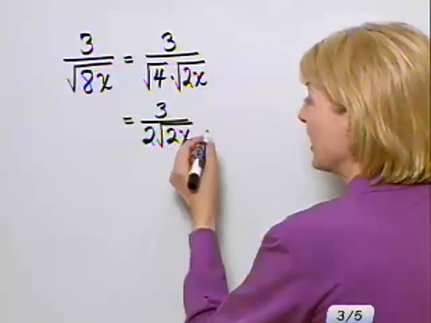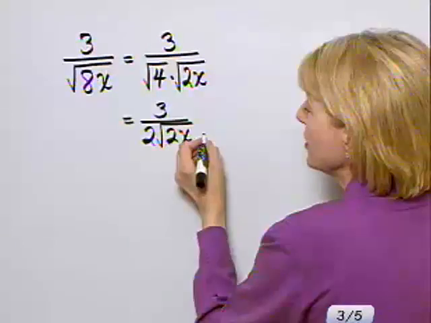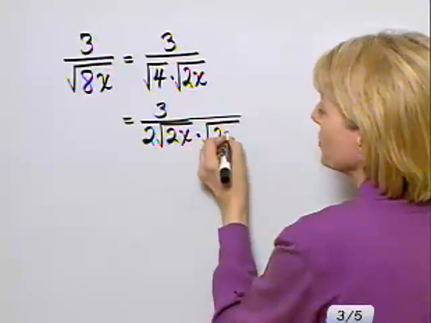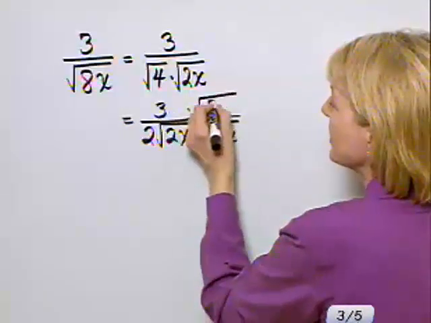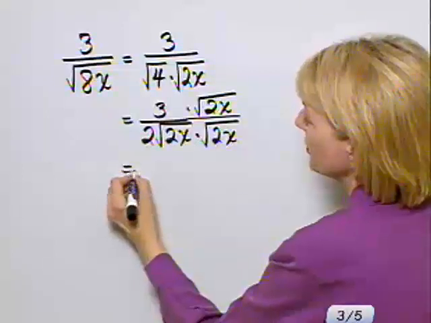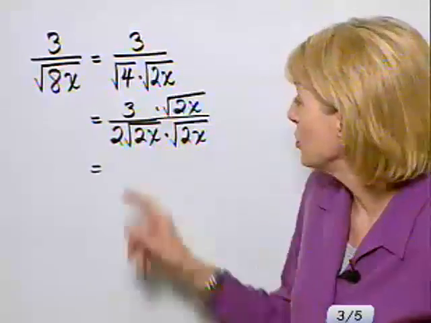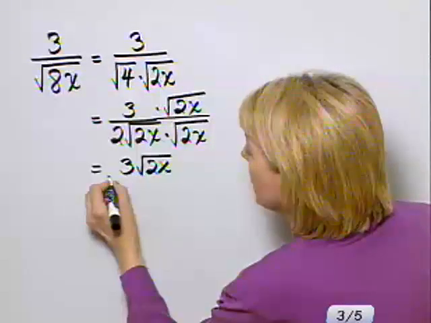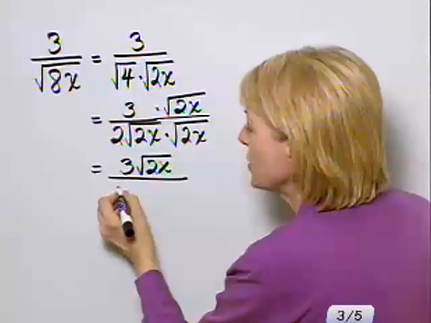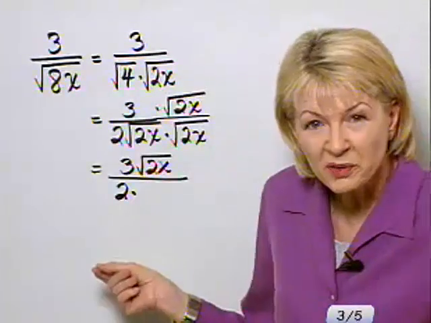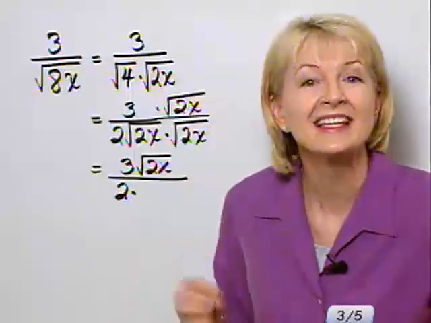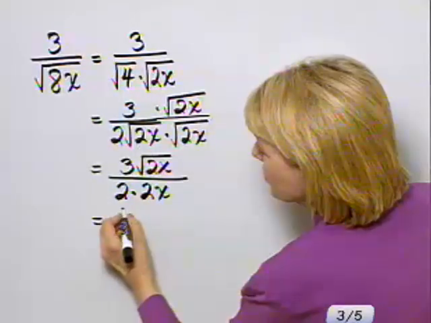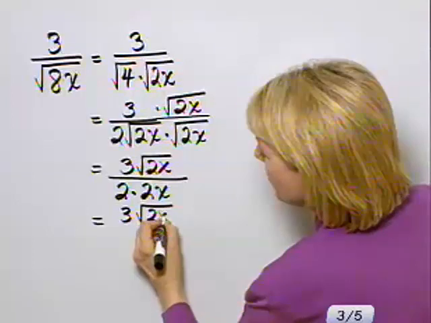Since it's simplified, and since it's a square root, I know that I just need to multiply the denominator by the square root of 2x, and I'll do the exact same thing in the numerator, and then let's see what we have. In the numerator, I have 3 square root of 2x. What do we have in the denominator? Now this will be 2 times, and then the square root of 2x times the square root of 2x is 2x. So it's 2 times 2x, so this is 3 square root of 2x over